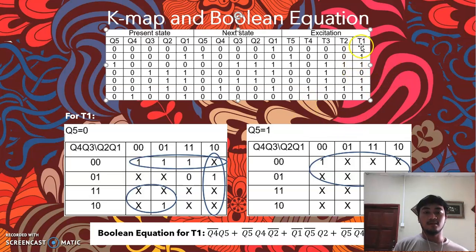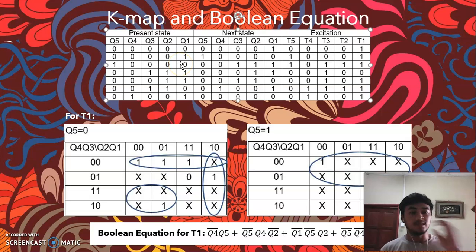And if we look at the third one here, the output of T1, the input at the present state is 1, 0, 0, 0, 0, which is the second zero of my student ID number. So 1, 0, 0, 0, 0, Q5 is 1.